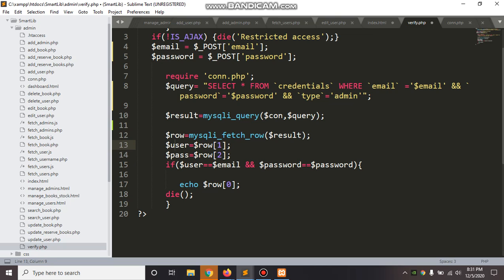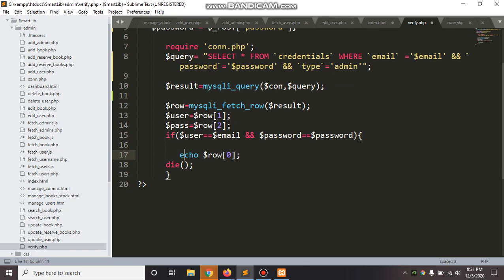So username will always be in row of 1, and password will be row of 2. Now what we do is, see, if it's matching, we are getting the data. And also user which you have, that means whatever row 1 value you get, and the password which you get from here, if they are matching,